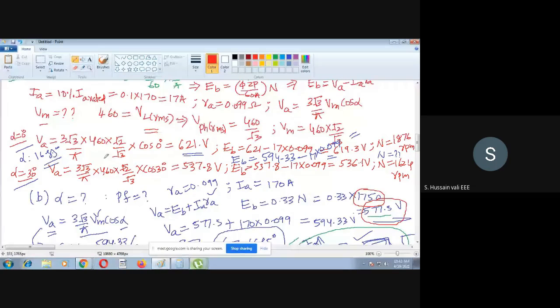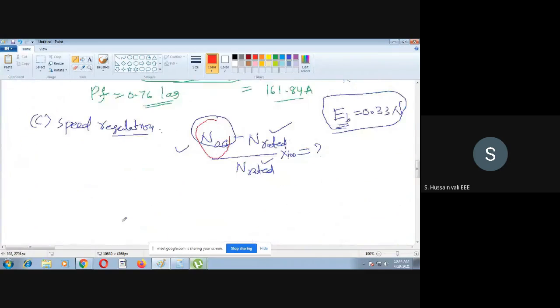That is alpha equal to 16.85. We'll take that here. That is the rate. One more thing I will tell you. Whenever you find out this, you must understand now. Anyhow, I will clear that out here. Whenever he is asking you to find out the speed regulation, you just recall. This is a doubt to be clarified here.